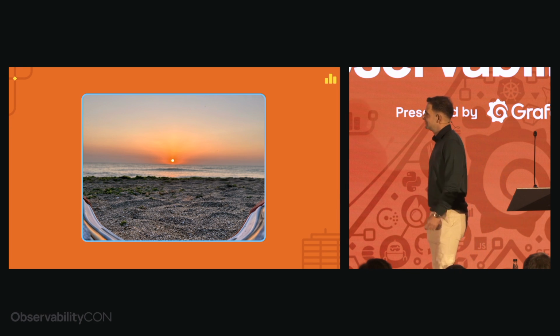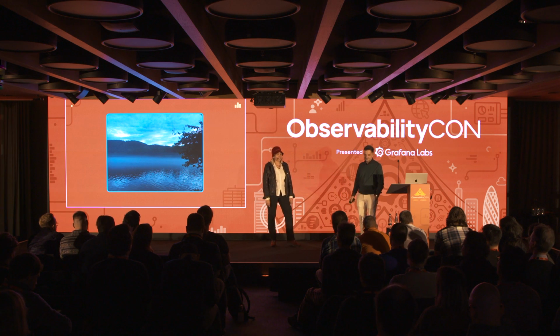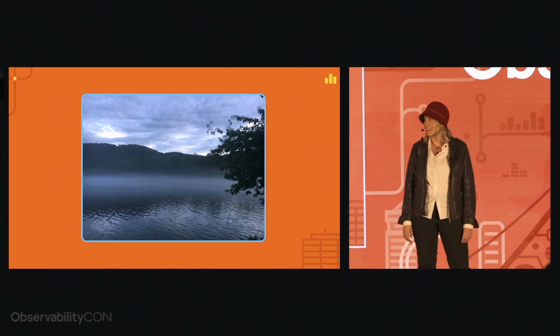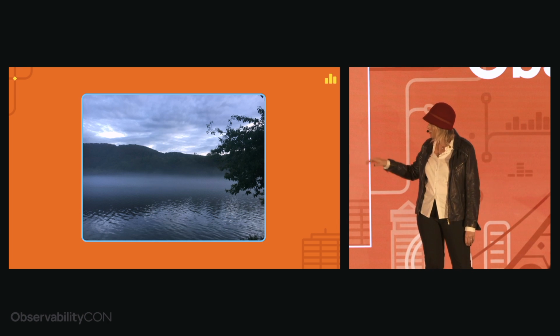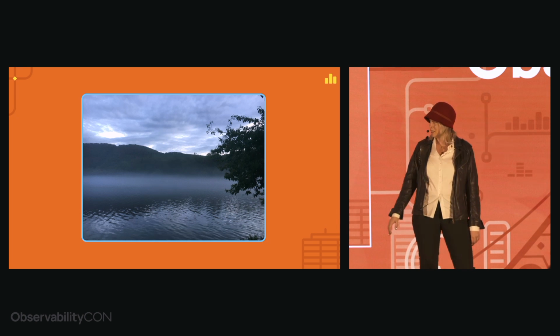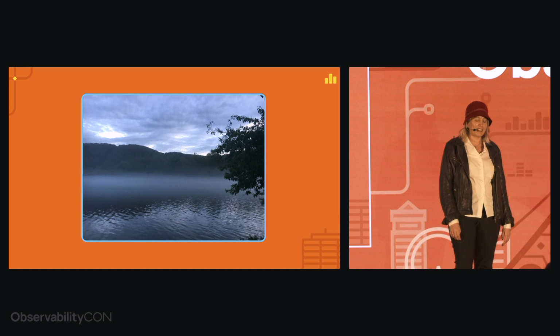What about you, Myrle? Well, I do love the ocean, but I'm more of a mountains person. I actually grew up in Colorado. This picture here is actually close to where I live in Germany. It's in the Eifel. It's a volcanic mountain region a little bit south of where I live. You can go swimming there. You can go hiking there. I love both. I love hiking and I love swimming.